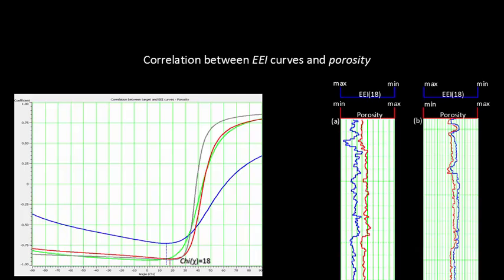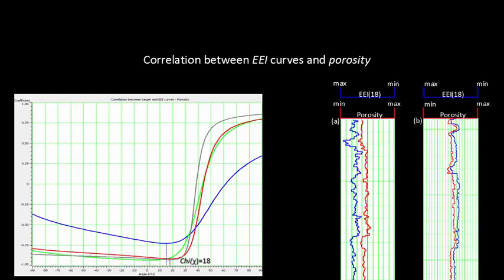These curves are all increasing, so we cannot go to the maximum. So we restrict ourselves only to this angle, which is 18 degrees. But should you have a property like water saturation, or gamma ray, for example, you will see that they go up on the positive side. This is only the porosity curves I'm showing you here for well 1 and well 2. The extended elastic impedance curve is in blue, and the porosity curve is the measured curve. You notice the similarity between the two.